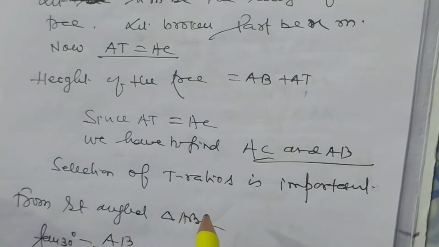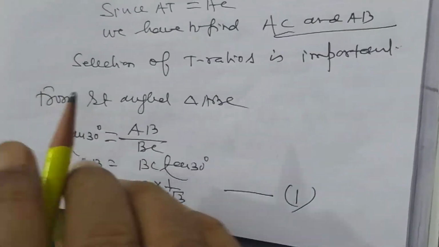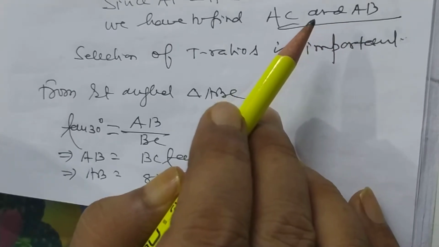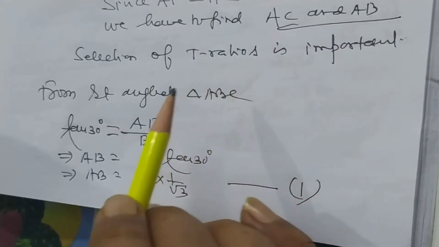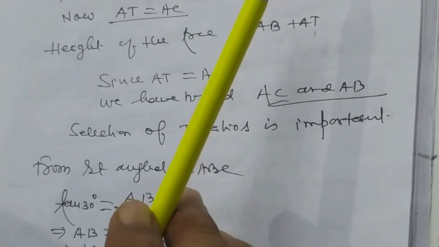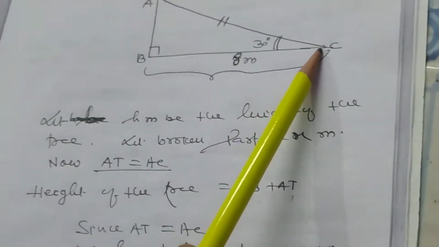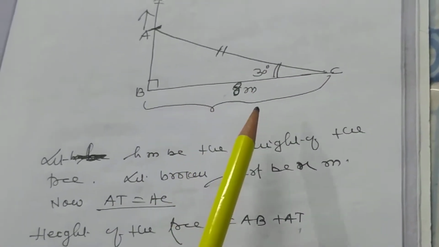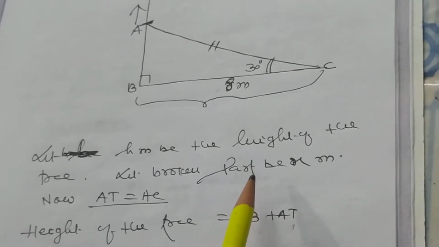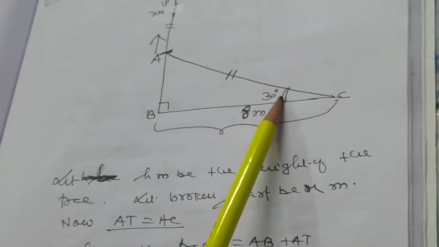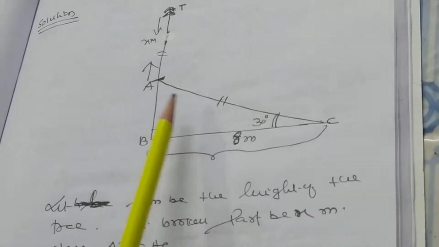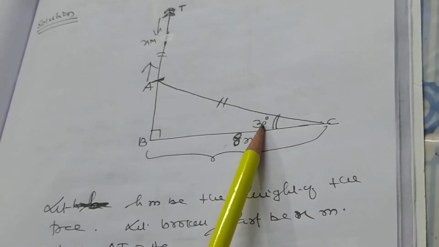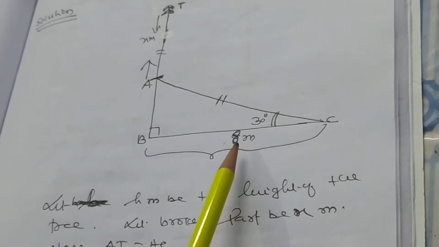So in this way, we see here selection of T ratio is important. Try to understand. Which trigonometrical ratio we will take is very important. Now we have to find what? क्या निकालना है? AC. किसके टर्म है? BC के टर्म है. ये एंगल दिया हुआ है तो राइट एंगल ट्रायंगल में कौन सा ट्रिग्नोमेट्रिकल रेशियो लोगे? यही सबसे बड़ी बात है. तो नाउ किसको निकालना है? AC को. क्या दिया हुआ है? BC. और एंगल कितना है? 30 डिग्री.